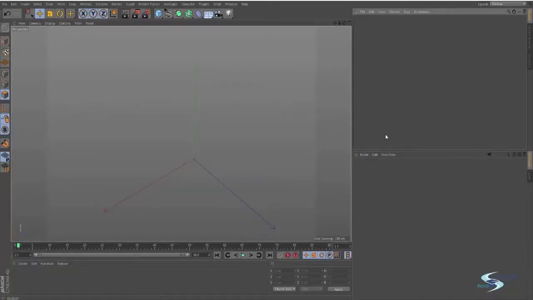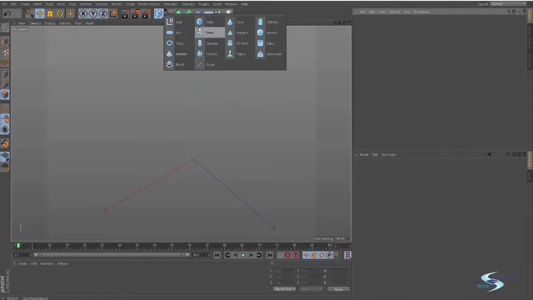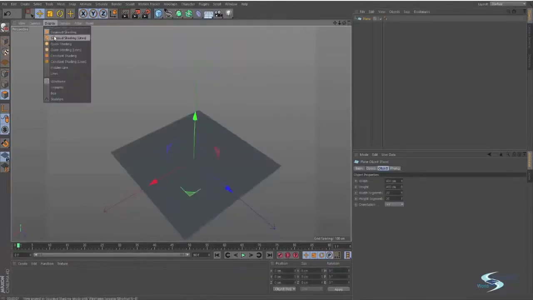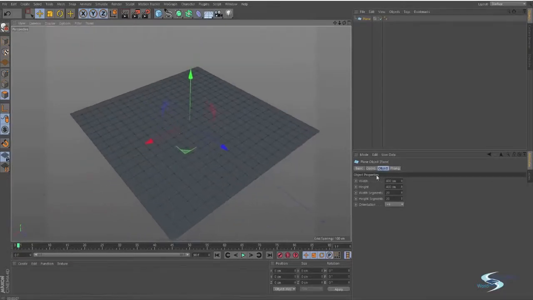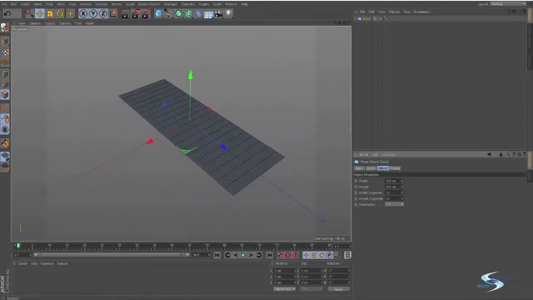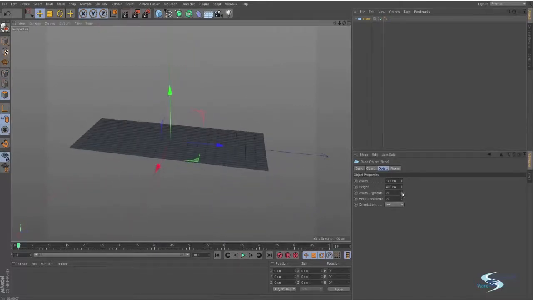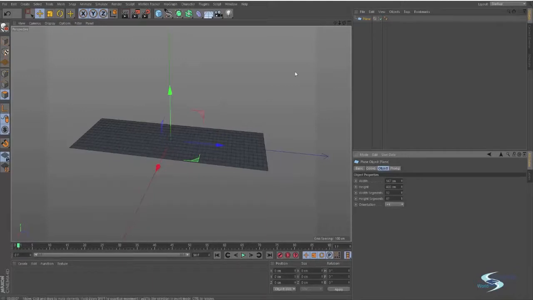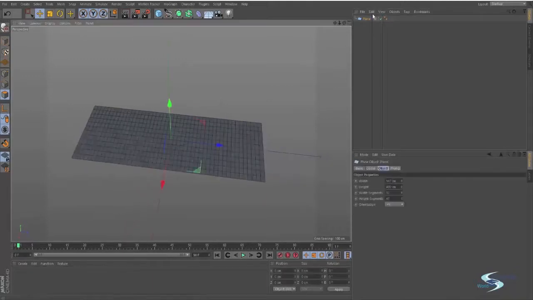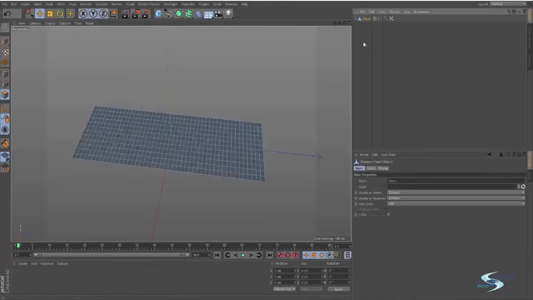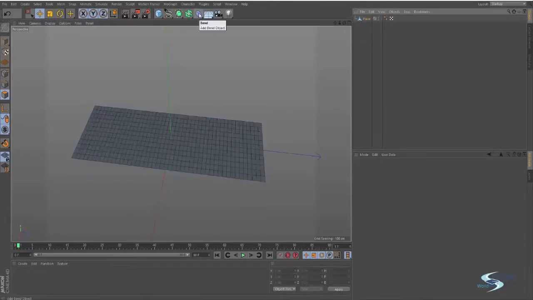So yeah, we can start off with, let's just take a plane, and make it a little bit thinner. Add some more segments to this side, the long side, and there we go. This should be good. We will press C to make it into an editable object, and then we want to